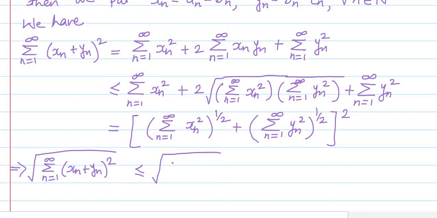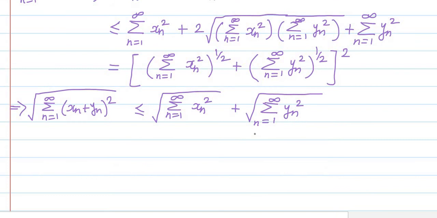So it is the square root of the summation over n equal to 1 to infinity Xn square. This is the first term as it is. The 1 by 2 power we have written in the form of square root so that it will be easy for further purposes. And plus the second term is the summation over n equal to 1 to infinity Yn square.